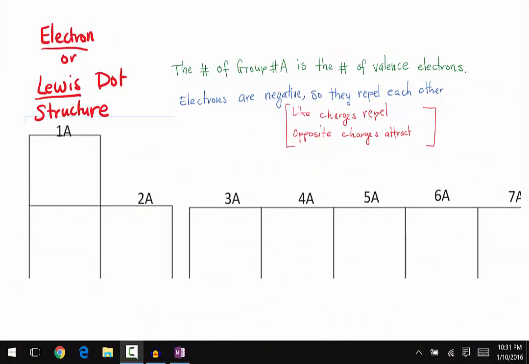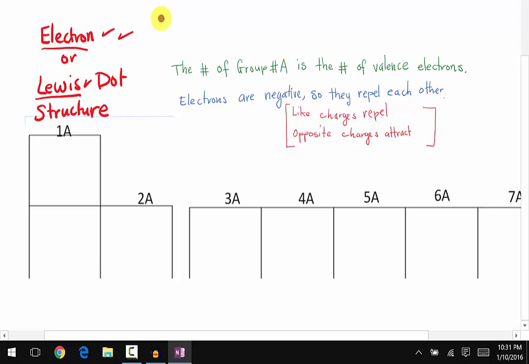Today, we are going to learn how to draw electron or Lewis dot structure. Throughout the video, we are going to refer to it as electron dot structure to be consistent. The electron dot structure focuses on the number of valence electrons of that specific element. So if we know an element has a specific number of valence electrons, we can draw an electron dot structure